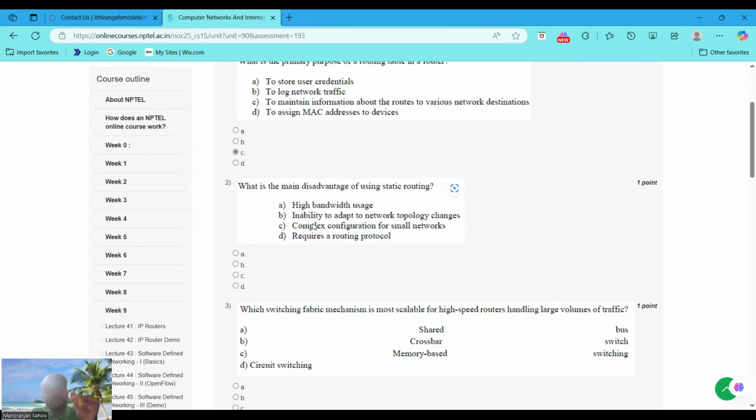What is the main disadvantage of using static routing? Static means constant. The main disadvantage of static routing is inability to adapt to network topology changes. Inability to adapt to network topology changes. That is, you can see